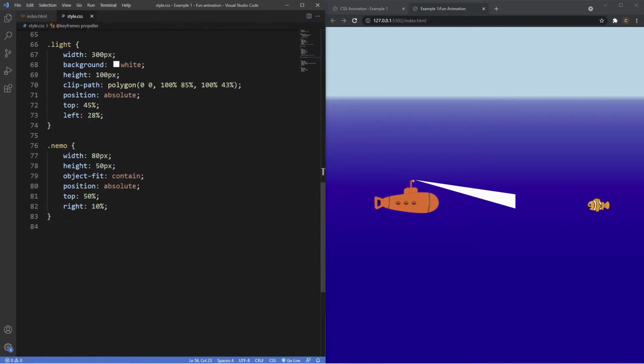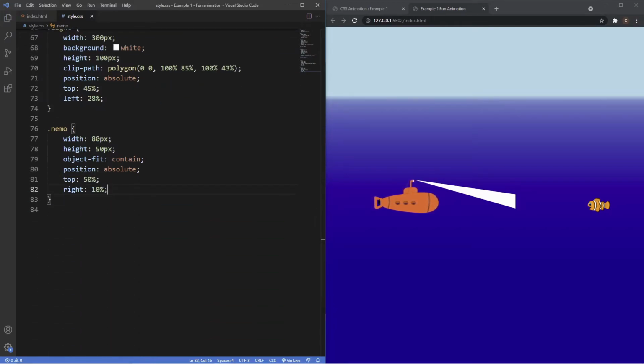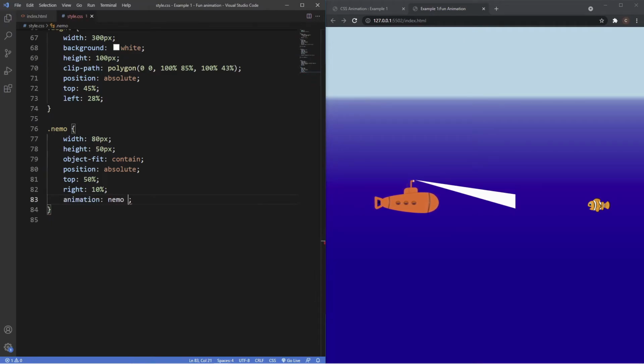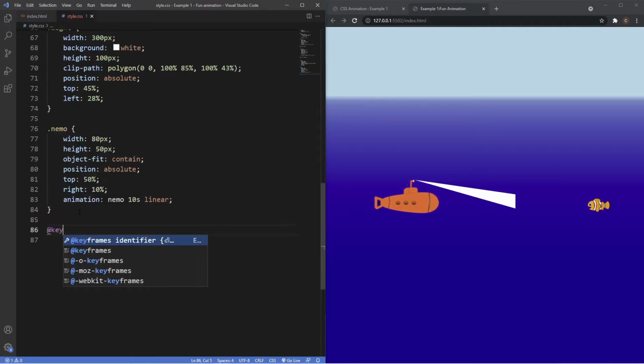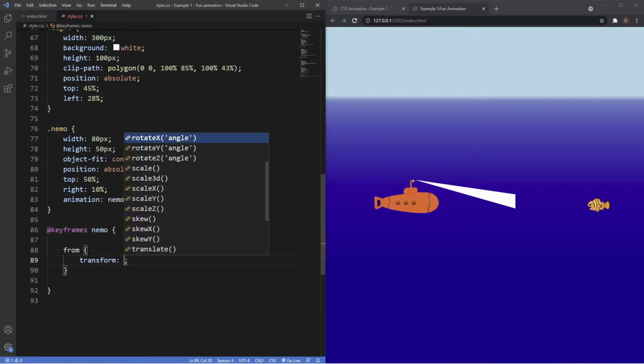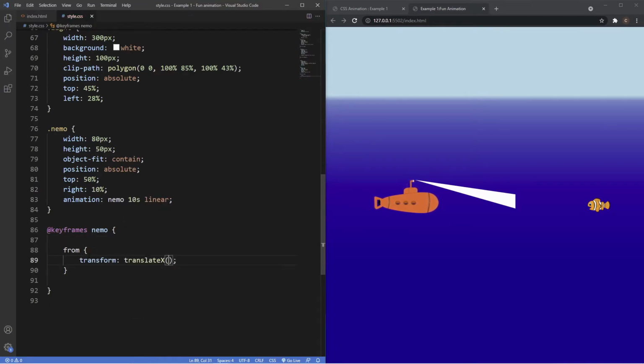So we're going to go underneath propeller and then go inside Nemo, and let's create an animation name, and let's say Nemo, and we'll have Nemo 10 seconds linear, and then let's just create this animation with a keyframe. So keyframes, identifier, we'll say Nemo, and then we'll go inside here and we can use the from and to here. We don't need percentages, so say transform, let's translate him on the x-axis, so from his current position